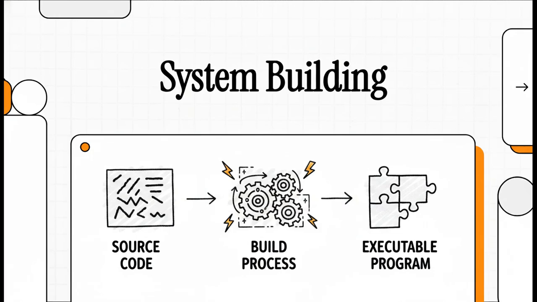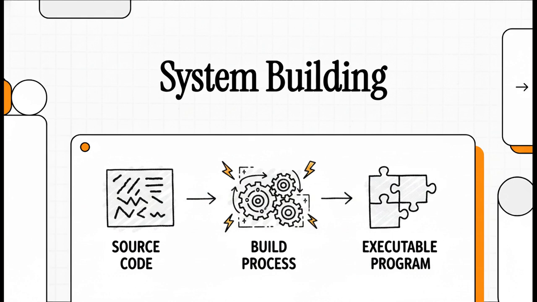Welcome to today's Explainer, where we're tackling a really pivotal topic in software engineering, system building. You can think of this as the absolutely crucial automated step where all the scattered pieces of a giant puzzle finally snap together. We're going to explore exactly how we transform raw source code into a working, executable program. It's a fascinating process, and by the end of this lecture, you'll have a really comprehensive understanding of how modern